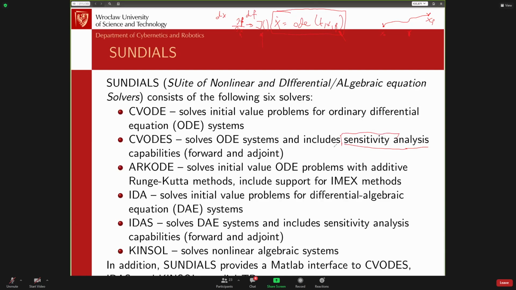Why do we do it numerically? Because typically we don't know how to solve the ODE in an analytical way. It's very hard to solve it, so we don't have the exact value of the solution, right? This is why we use ODE solvers, and this is also why we need to use sensitivity analysis for computing the Jacobian of this system. When we need the Jacobian, well,